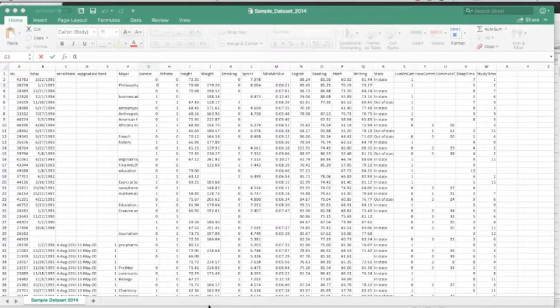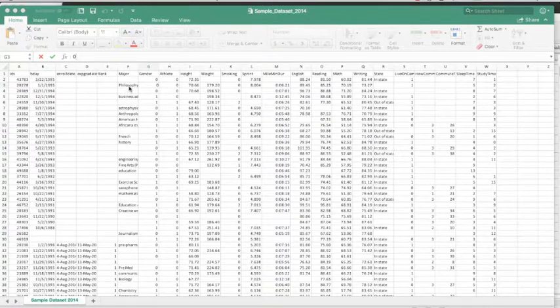I am also going to demonstrate how to use SPSS to create a scatter plot graph that will illustrate the relationship between two variables. So I got this sample data set online, and this contains students' information, such as